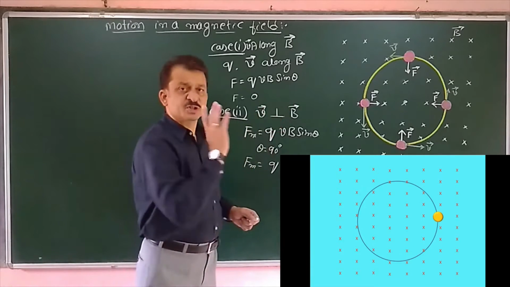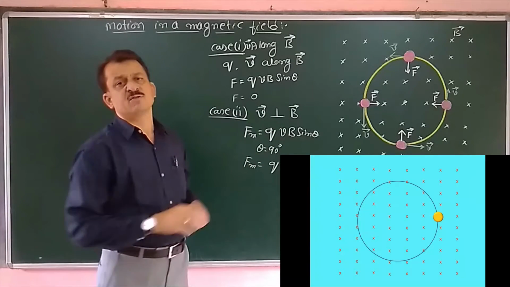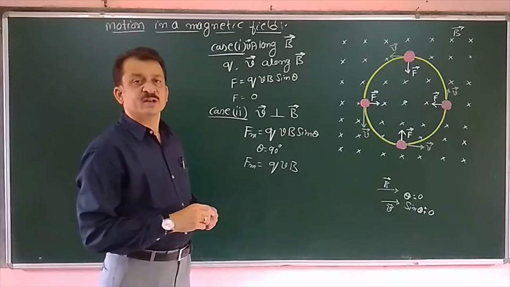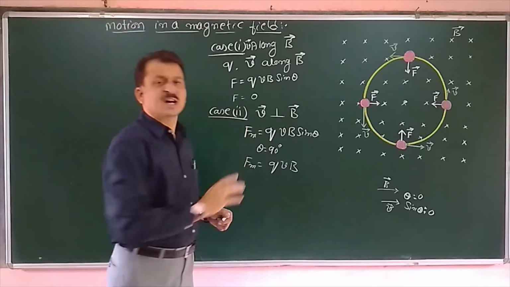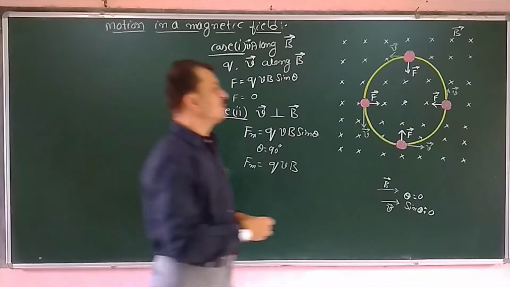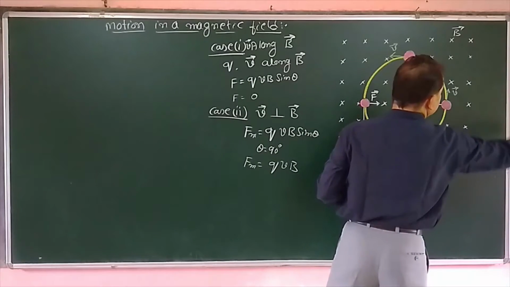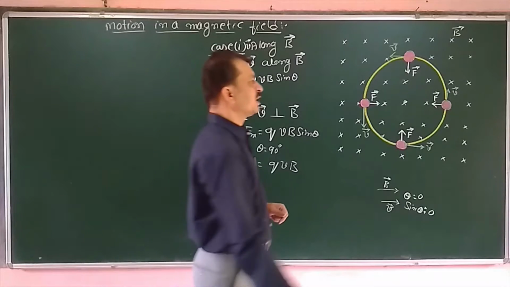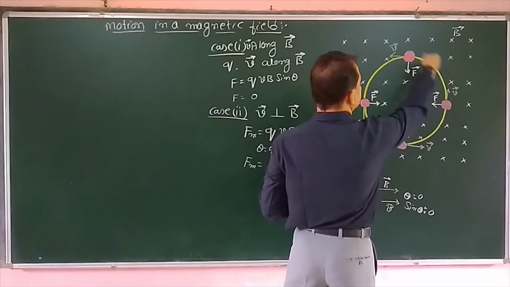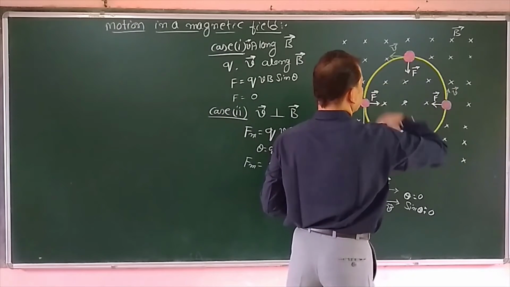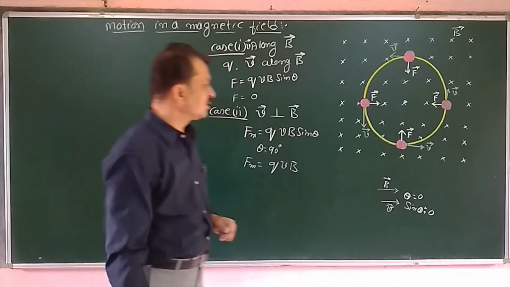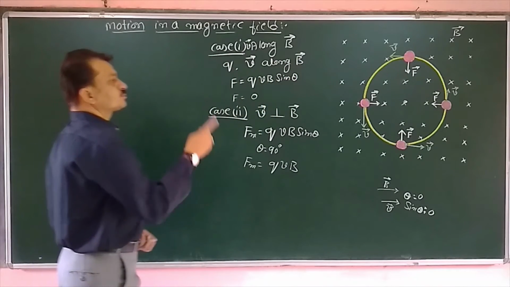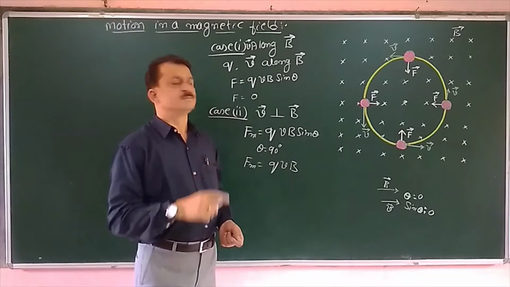Since we have taken a positive charge, if it is a negative charge, what will be the nature? If it is a negative charge, then also we will get a circular path, but it revolves in the clockwise direction. That's all. Since it is positive, the motion is in the anti-clockwise direction. That's all. Okay. So therefore, at equilibrium,